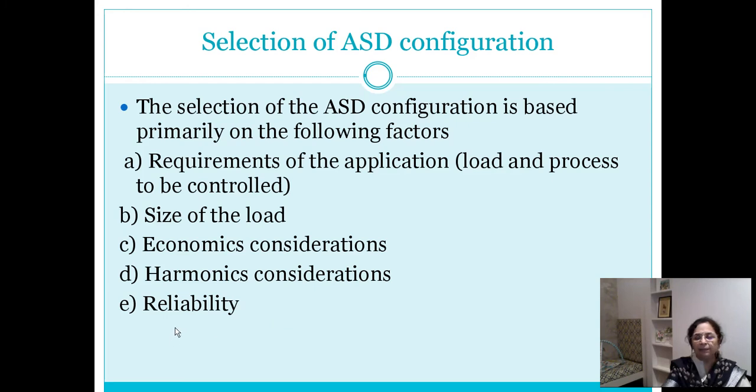And reliability. Reliability is most important because most of the industrial processes, they are governed by operations of such adjustable speed drives, and entire process industry can be halted if there is any problem with the drive operation. So these are basic selection criteria which must be considered while selecting any adjustable speed drive. When I am using the term adjustable speed drive, it is meant to have either AC or DC drives as per the process requirements or load requirements to be driven by either DC motor or AC motor.